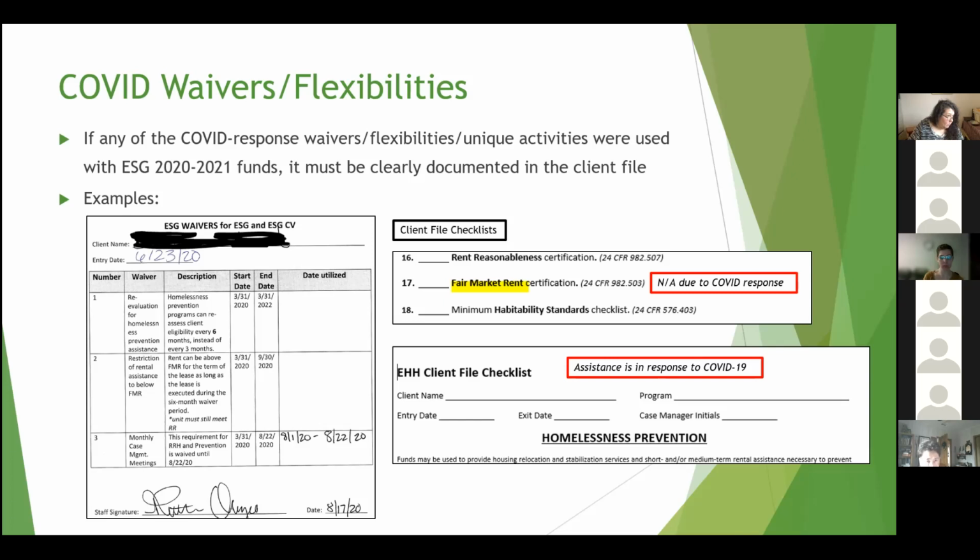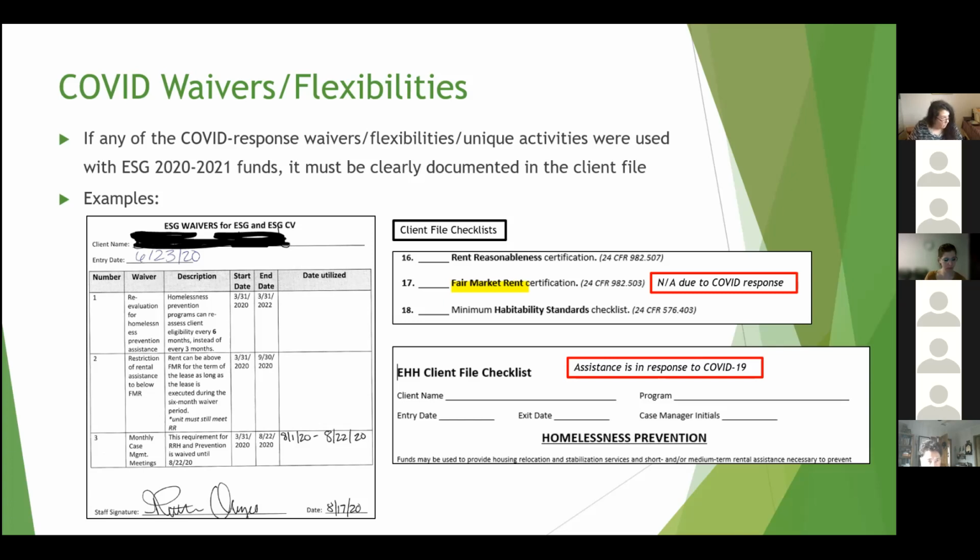If the client was in the program from January through the end of March, they can use them, but anything after March, they cannot. So at the end of this month, all of these waivers go away again. The only time in the current contract that you can use any of the COVID waivers is January to March. And that's really the fair market rent,